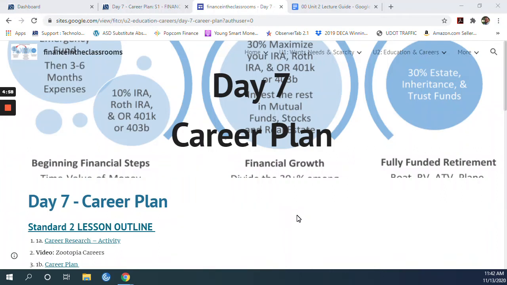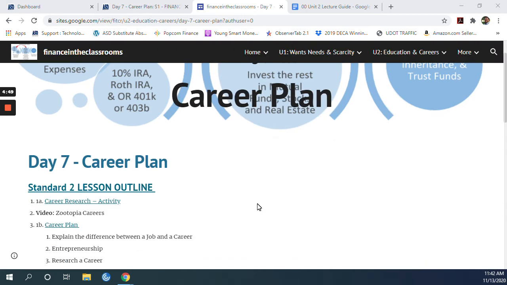Welcome to Unit 2 and Day 7 of Financial Literacy. Unit 2 is about developing a career plan. And since this is the beginning of a new unit, we're going to need to get a hold of the